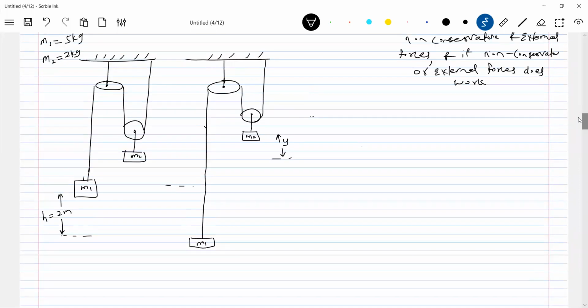Come for this one. Find the speed of the blocks when the block M1 descends by h equal 2 meter. And there's a question. Find the